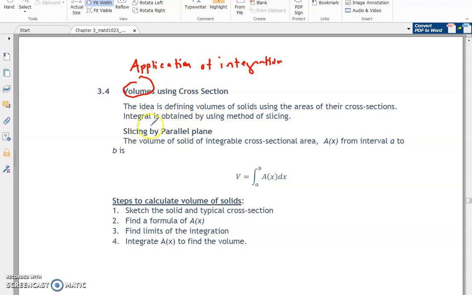The idea of finding the volume of a solid here is basically to use the cross section of the area,